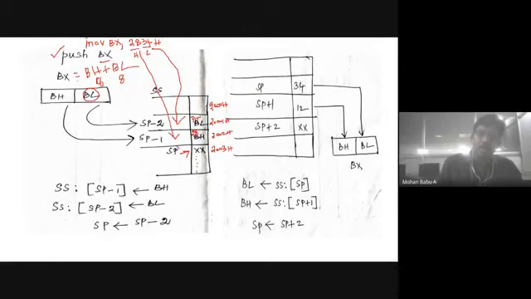28. So now the stack pointer is located at this address location. If I move the data one by one, the stack pointer moves to SP minus 1. If I move the lower byte, the stack pointer moves to SP minus 2. What is the stack pointer? The stack pointer locates the currently executed instruction. First, I move the higher byte to the higher address and the lower byte to the lower address. Now the stack pointer moved from this location to this location. The stack pointer will point to the current executed instruction. So which byte is transferred latest? The lower byte or the higher byte?